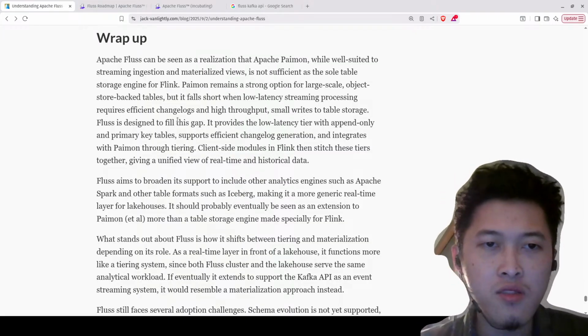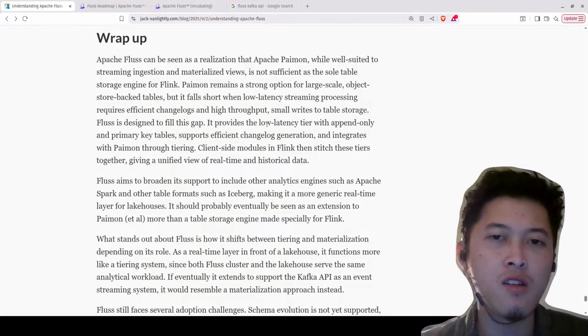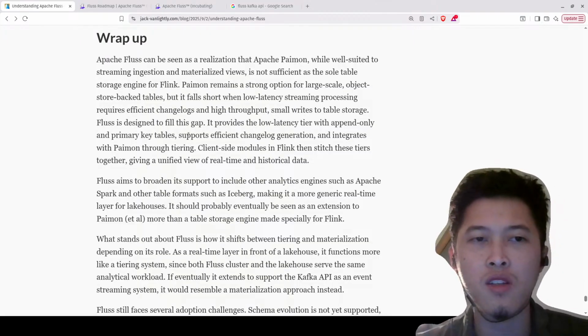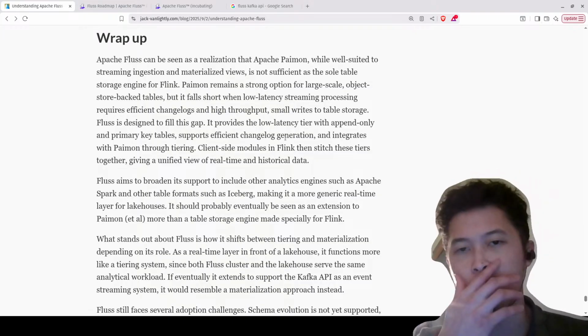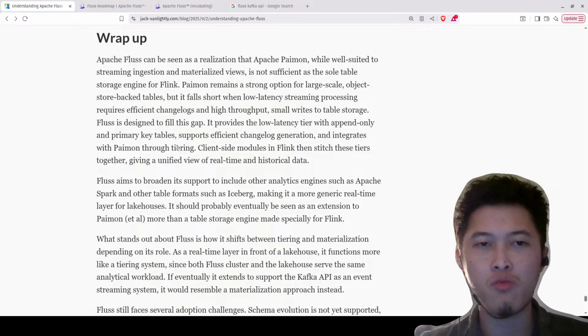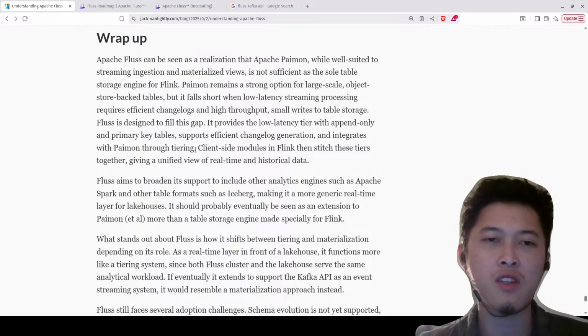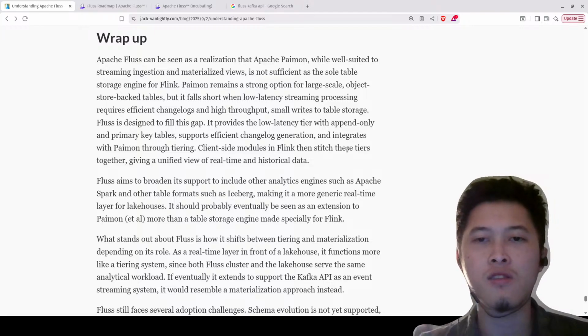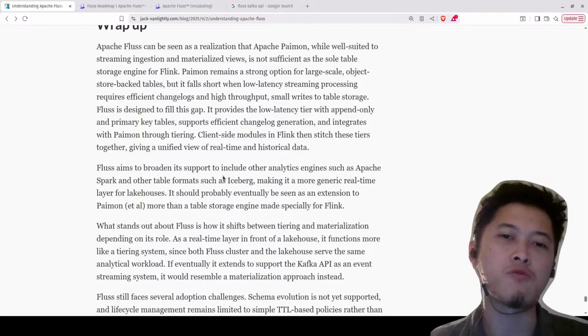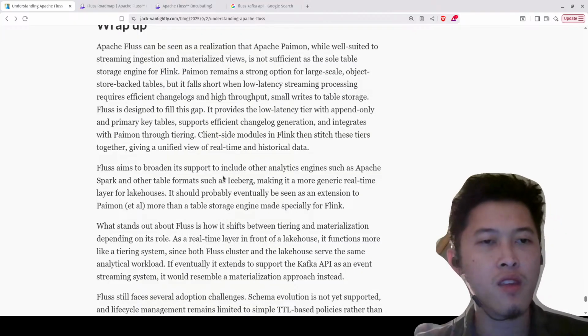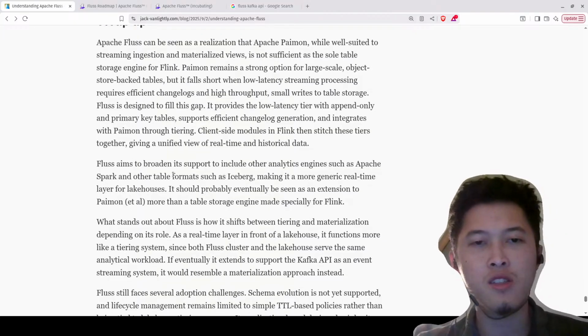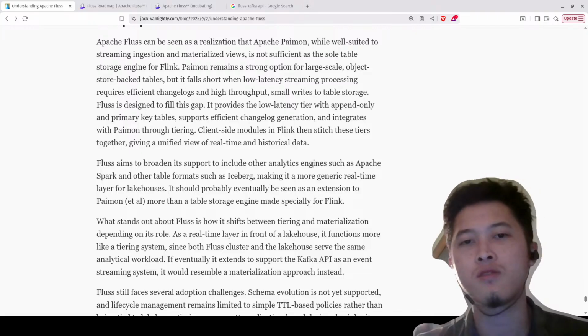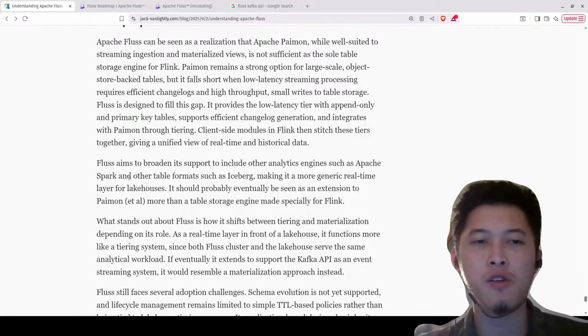Fluss is designed to fill this gap. It provides the low latency tier with append-only and primary key tables, supports efficient changelog generation, and integrates with Paimon through tiering. Client-side modules in Flink then stitch these tiers together, giving a unified view of real-time and historical data. Fluss aims to broaden its support to include other analytics engines such as Apache Spark,